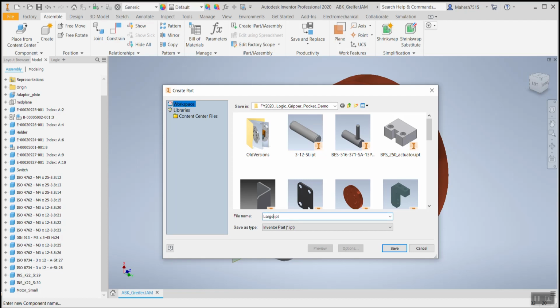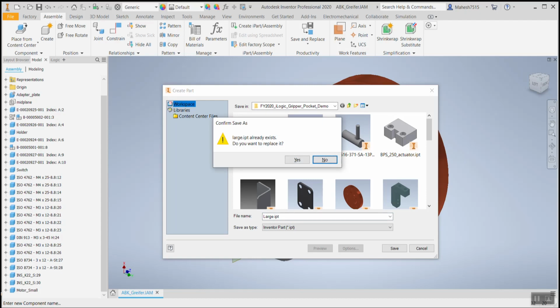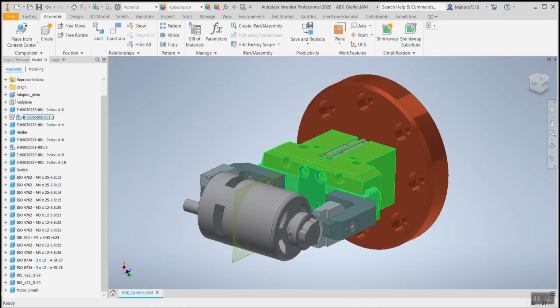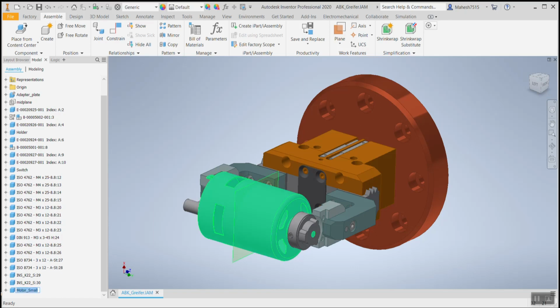We'll name it large, say yes. So we have created a large part there. Now we'll make sure that this is large. Going to motor small, we shall change the name here also. Now we have to change the dimension also. We have just created a component named large, that's all.